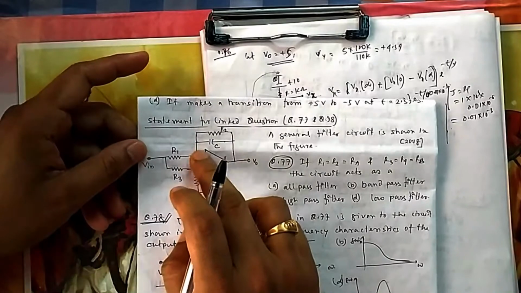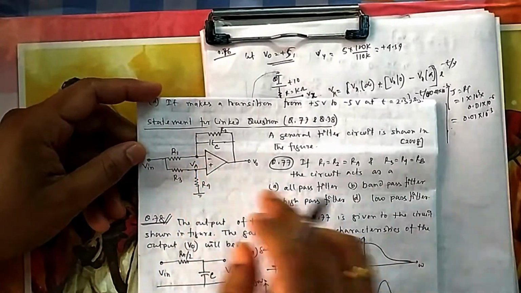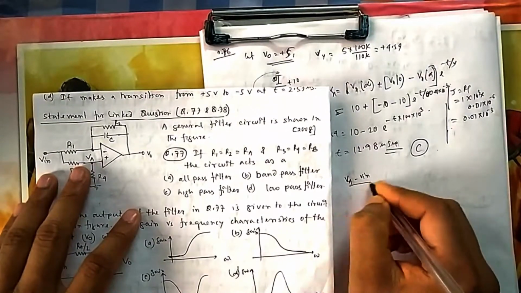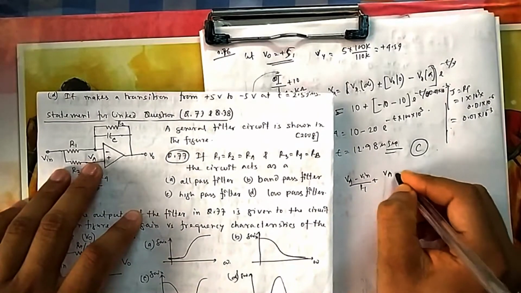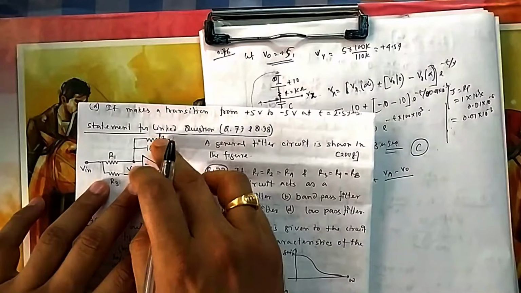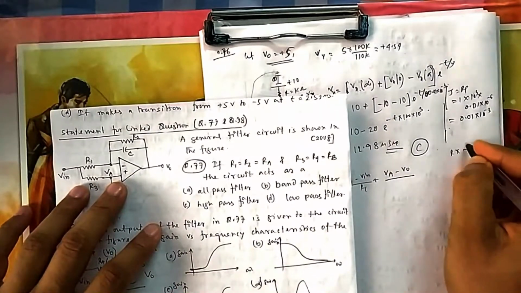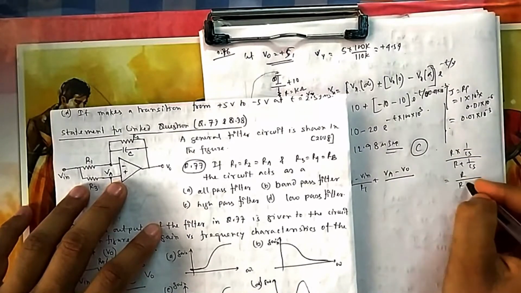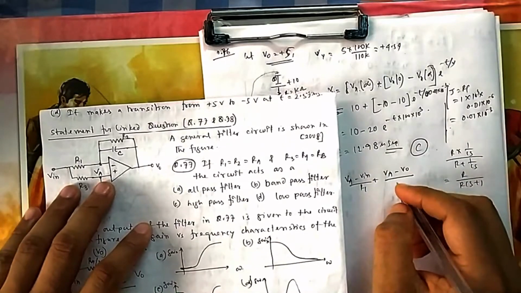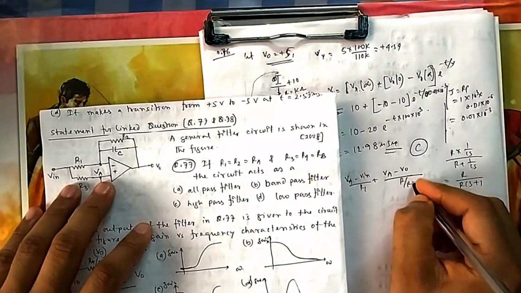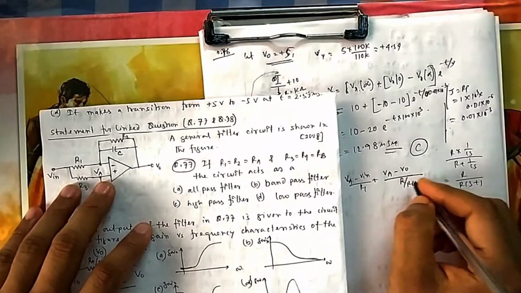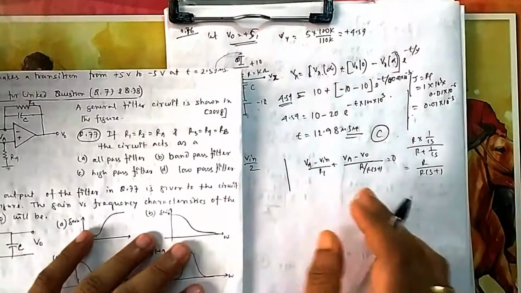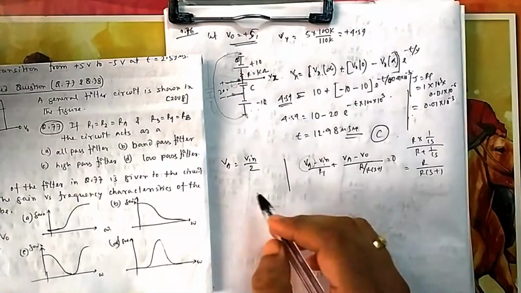So directly I am taking nodal here. So what will be the nodal here? If you take nodal there, VA minus Vin by R1 plus VA minus V0 divided by these two. These two in parallel means R into 1 by CS, divided by R plus 1 by CS. So if you do it, it is R by RCS plus 1. This R is the same R, so you don't need to write it, because we just want to have the feeling of how it will be. In place of VA, we will put Vin by 2.